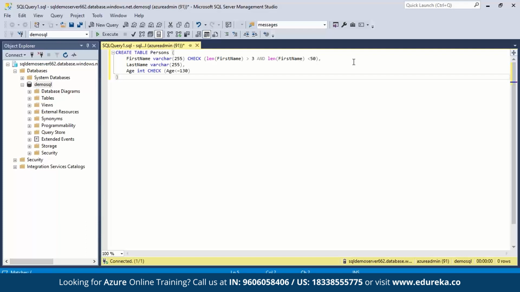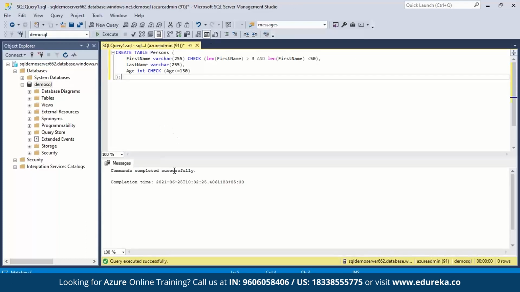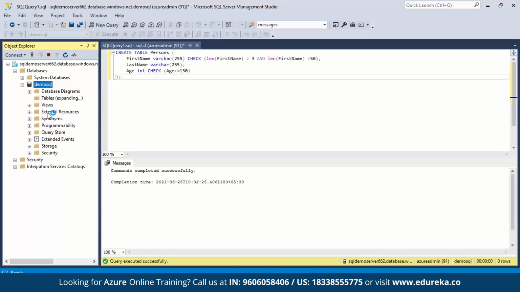So yeah, it will be enough. Let's now execute it. So you can see command completed successfully. We can now insert values into it. Before that, we can view it in tables also. The table where we created the name of persons. So yeah, you can see persons is created. So let's now insert